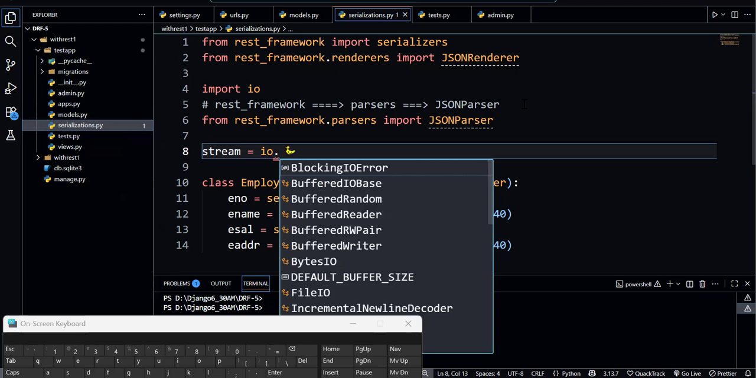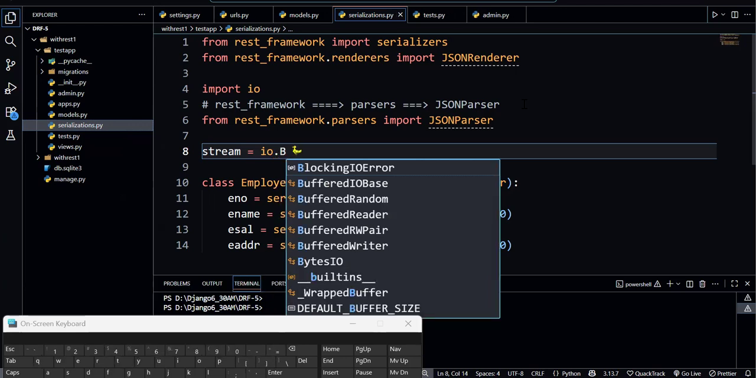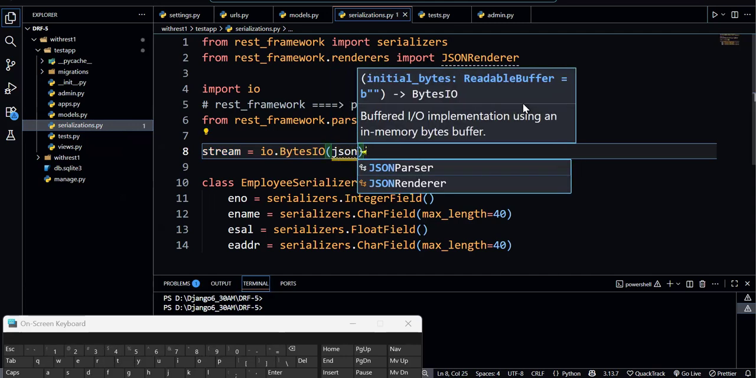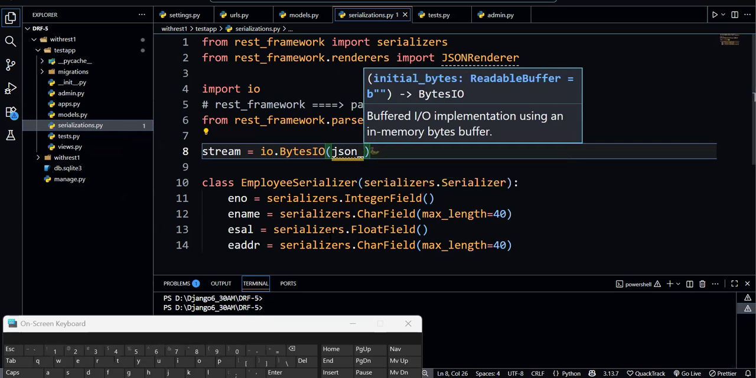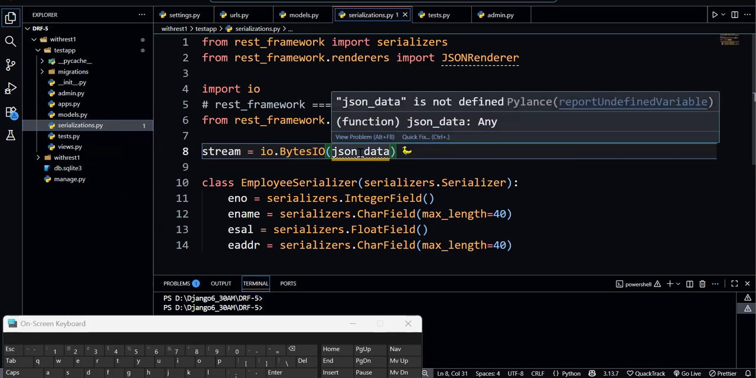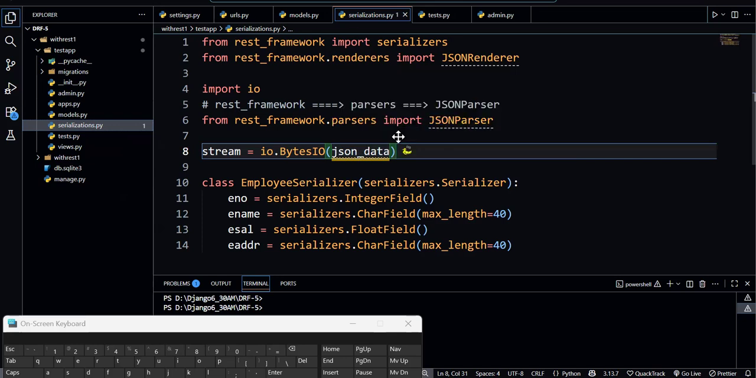Okay, in the IO module, we have one class which is BytesIO, and this BytesIO will convert our JSON data into what? String. Okay, so where is this JSON data? So let's,